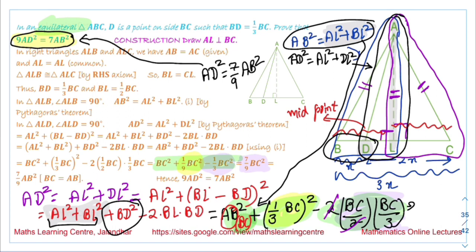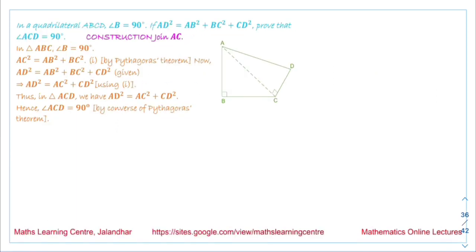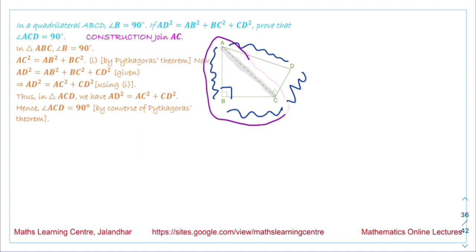Next is, in a quadrilateral ABCD, angle B is given to be 90 degrees. AD square, we are talking about this side, AD square is equal to AB square plus BC square plus CD square, this is given to us. We have to prove that the angle ACD, we are talking about this angle, is 90 degrees. So to prove this, in the triangle ABC, we are talking about this triangle ABC,